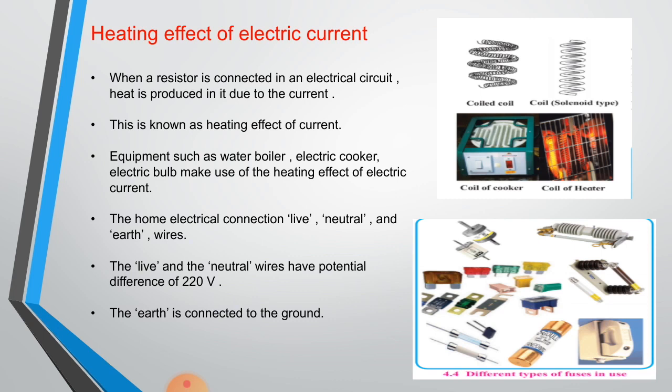Many times, particularly in summer season, huge electrical power is used in the evening due to home lighting, fans, air conditioners, use of electricity in shops, etc. As a result, excessive current is drawn from the transformer supplying the electricity, and therefore the capacity of the transformer is insufficient. If the capacity is insufficient, its fuse wire gets melted and the supply gets shut down. This happens because of overloading.